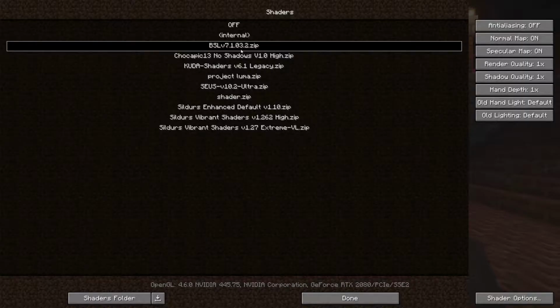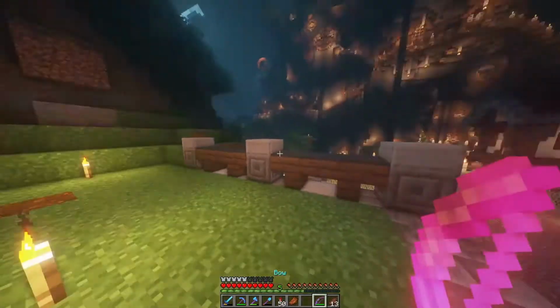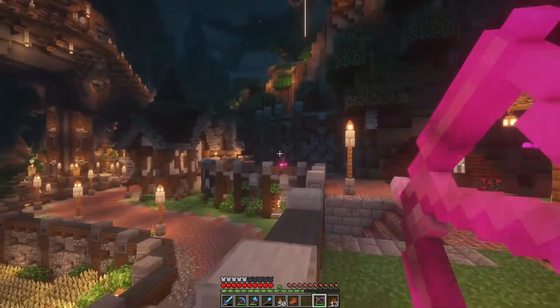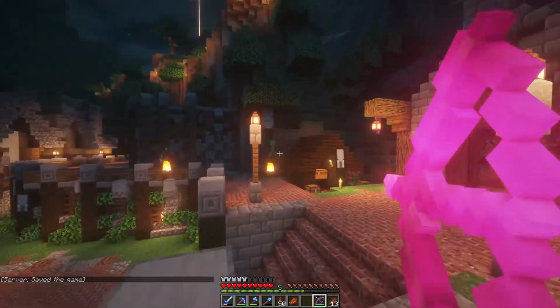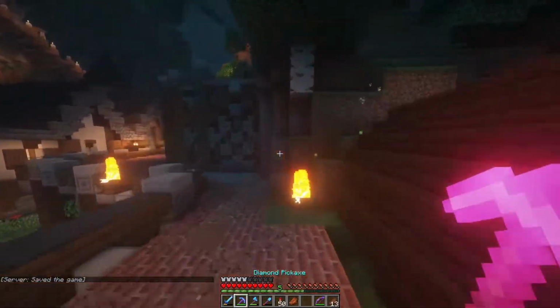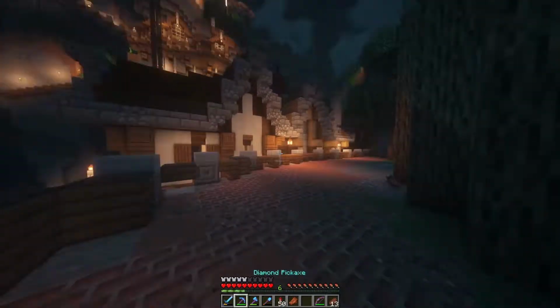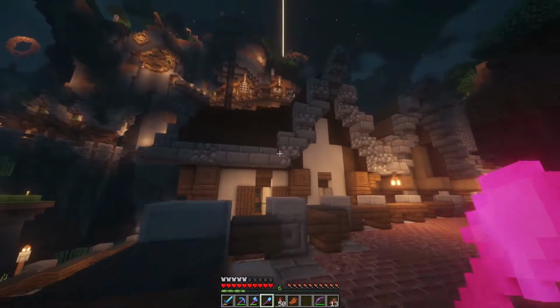BSL V7.1032 zip. Okay, yeah, that type of shader. So far, this is my favorite one that I like using. It's kind of the most not over the top. Oh, come here. There we go. It's the least over the top, but still gets enough shader in there to get the job done. I think it does a decent